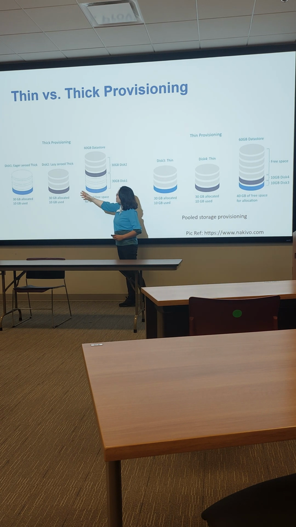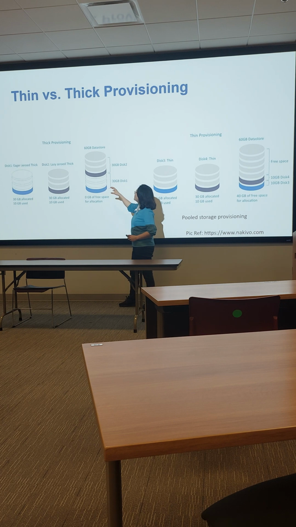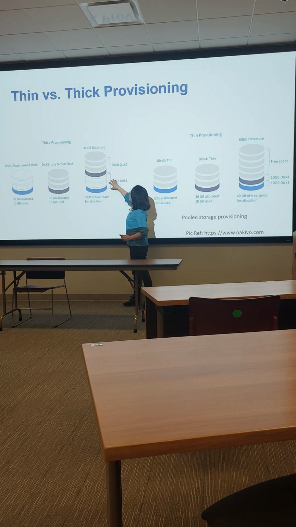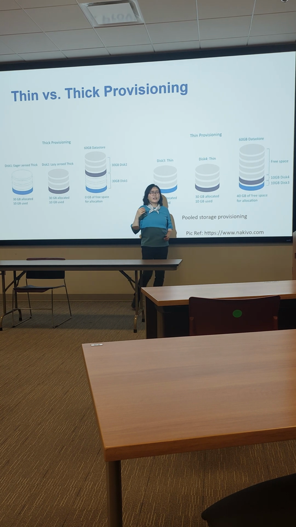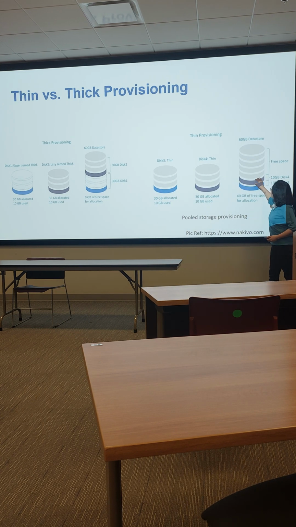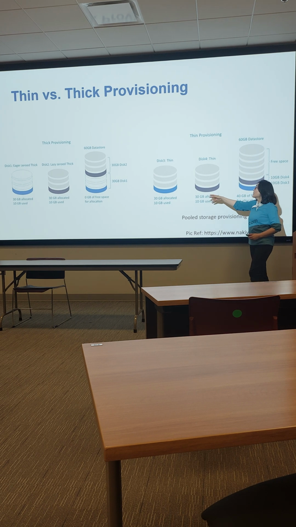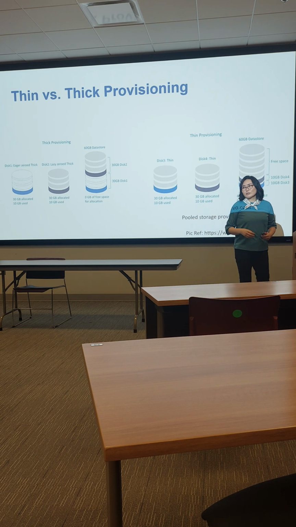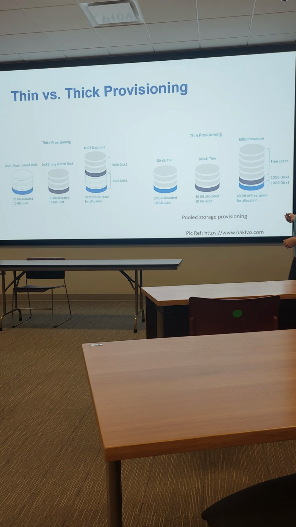But in this case, per user or per disk, it's a fixed allocation. So one user, suppose they fill this amount of disk space, cannot go over that, right? In this picture, assuming some other disk is not fully utilized, it can be utilized for other users, right? So this is a lot more efficient.